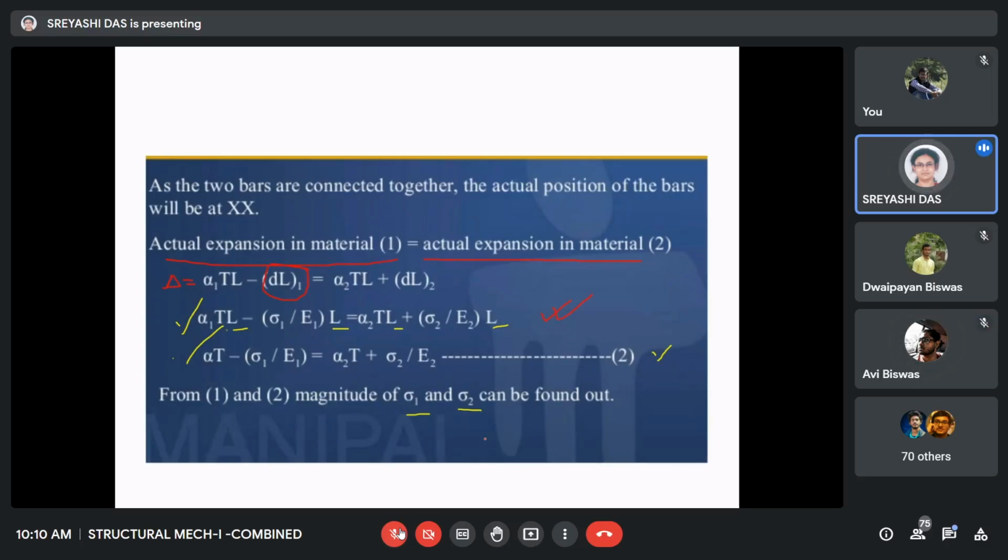ঠিক আছে ম্যাম। সো তাহলে তোমাদের 20 তারিখে ক্লাস টেস্টটা হবে, তার ডিটেল তোমরা পেয়ে যাবে।